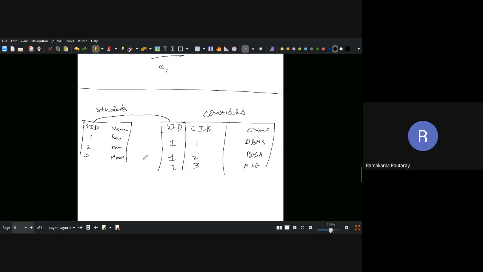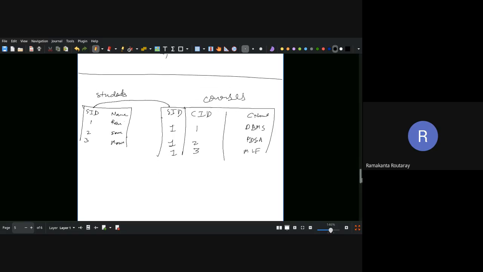What will the final table look like? Will it only carry the student ID, which is 3 for Ram, and another single entry each for Sonu and Monu? What about the course name? Will it not appear there? How does the final table look? Can you please draw the final table on the left side?